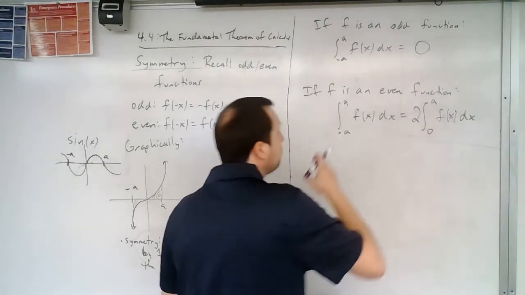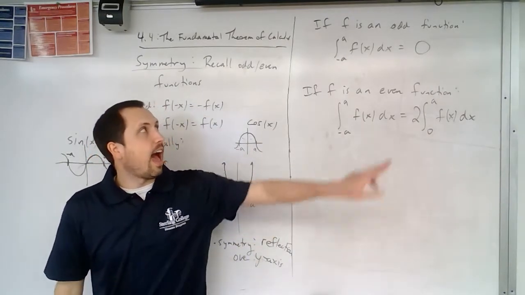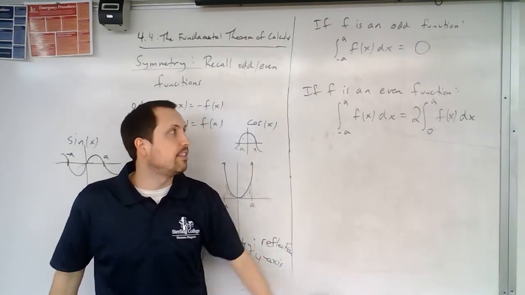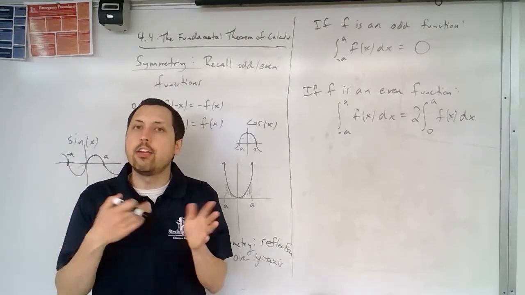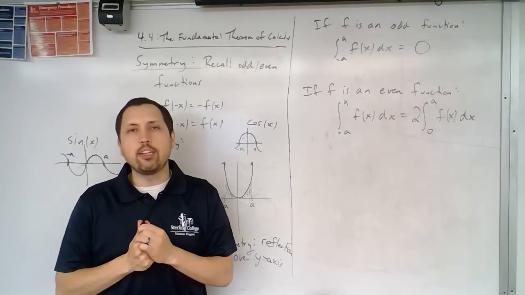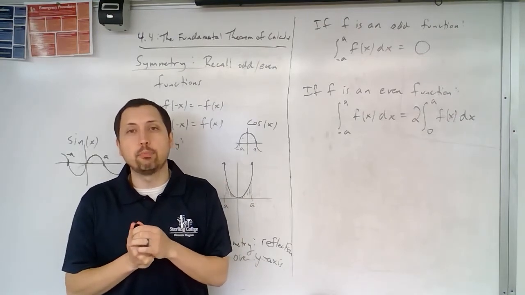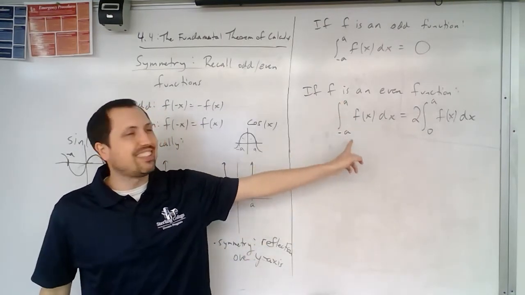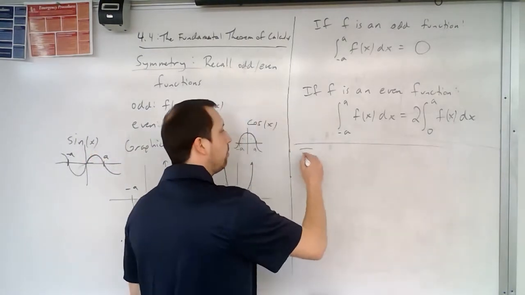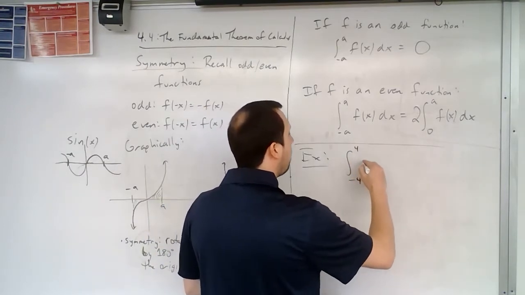So we have these symmetries that we can use. Just viewing these as net areas, either the positive and the negative will cancel each other out and you're left with 0, or if it is an even function, you can just work with half of it and then double that. This is going to be really nice for specific examples where using the fundamental theorem of calculus by taking the antiderivative will be pretty much impossible. But if you notice that it's the same number on the bottom as on the top, you could simplify this. An example of what I'm referring to would be the integral from negative 4 to 4 of